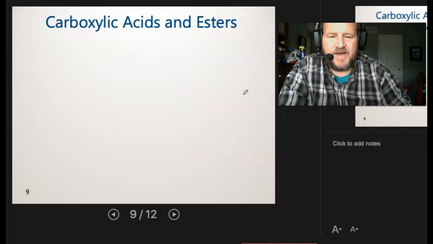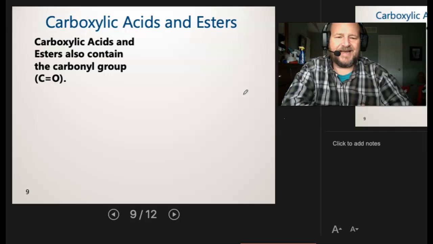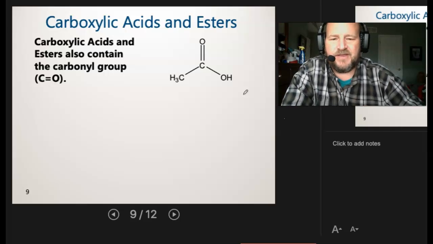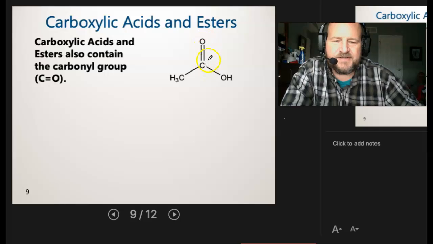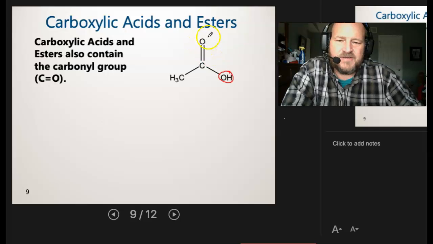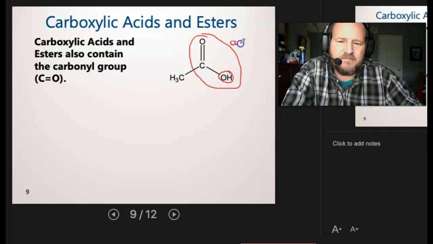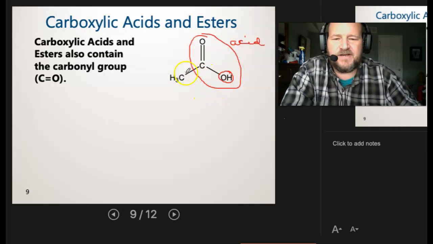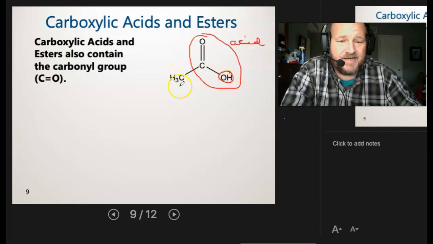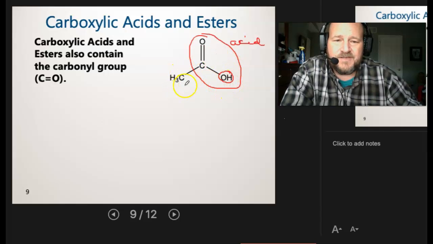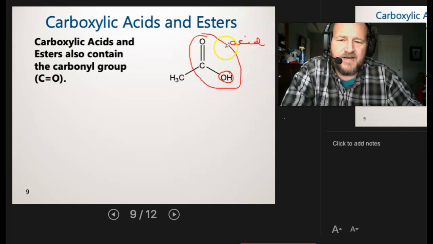All right, the next two that we have that involve our carbonyl are the carboxylic acids and the esters. So again, the carbonyl is going to stick out like a sore thumb. There it is. And now we have an alcohol connected to our carbonyl. So this is not an alcohol any longer. Now that it's connected to the carbonyl, this whole thing becomes an acid. Okay, and that's actually our vinegar right there. That's our weak acid that we've been studying in a couple of different places. It's also our acetate. So we've seen it in a lot of different functions, and here it is as an organic carboxylic acid.